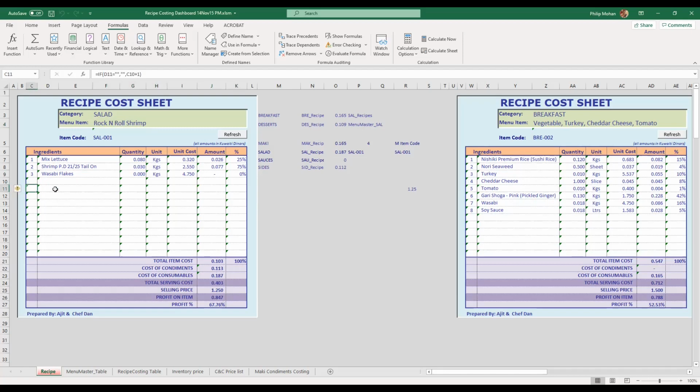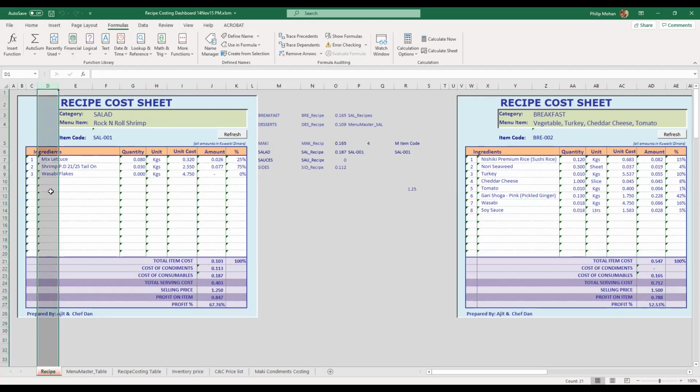Mixed lettuce. But there are formulas in each row. As I showed you all earlier, the zeros went off when I did some cleaning up in some other field. So here also, I put a lot of cleaning up functions. That is, if D13 is blank, then I want a blank here.